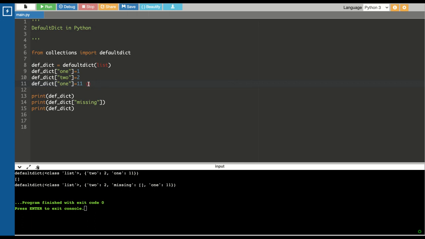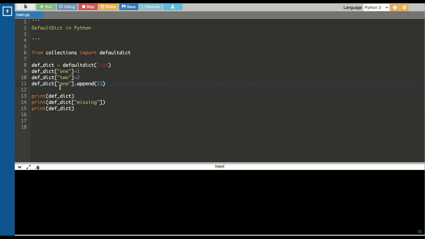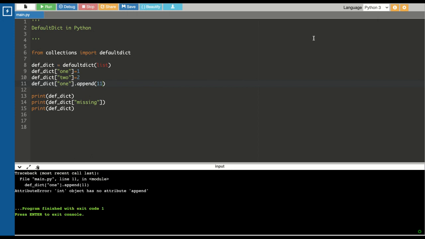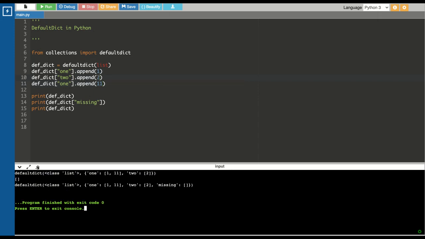We have to use .append, and the value will be 1. So we have to use the append method because it is a list. Here you can see we are able to append one more value to the dictionary key, which was not possible in normal dictionaries. So with these dictionaries we can do grouping.